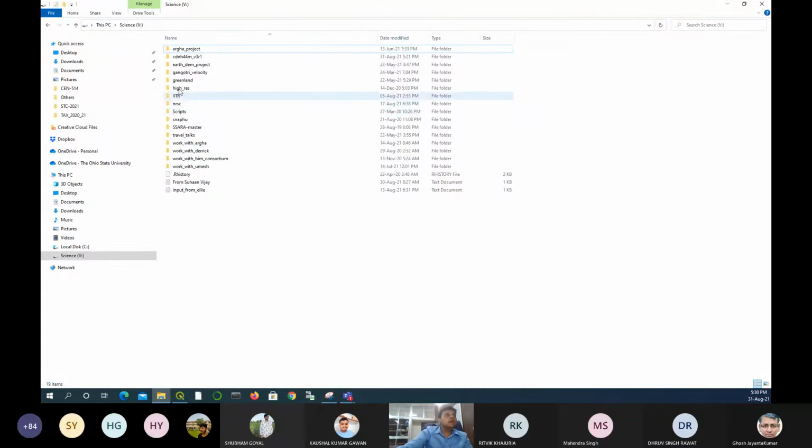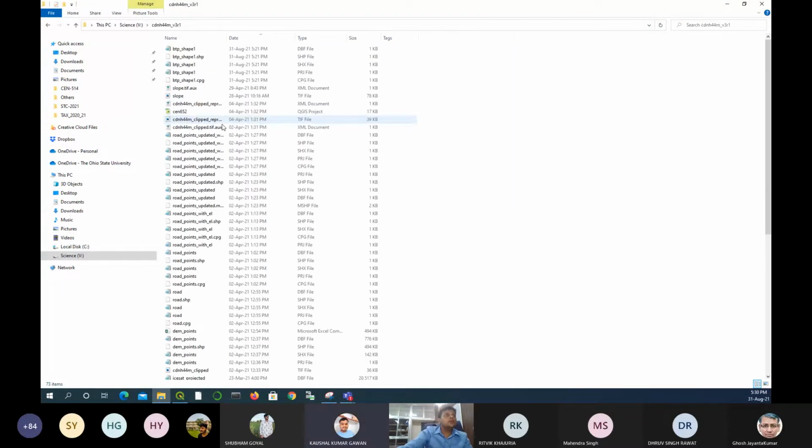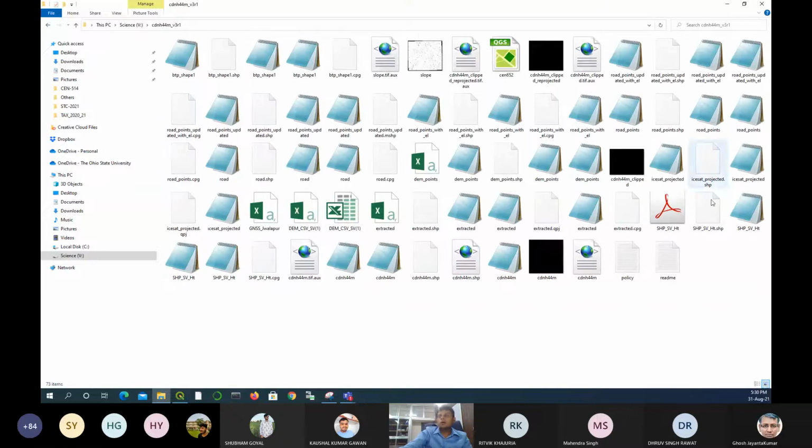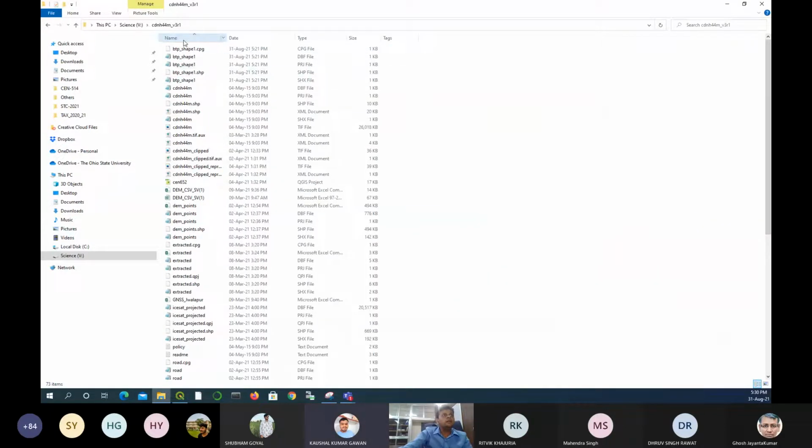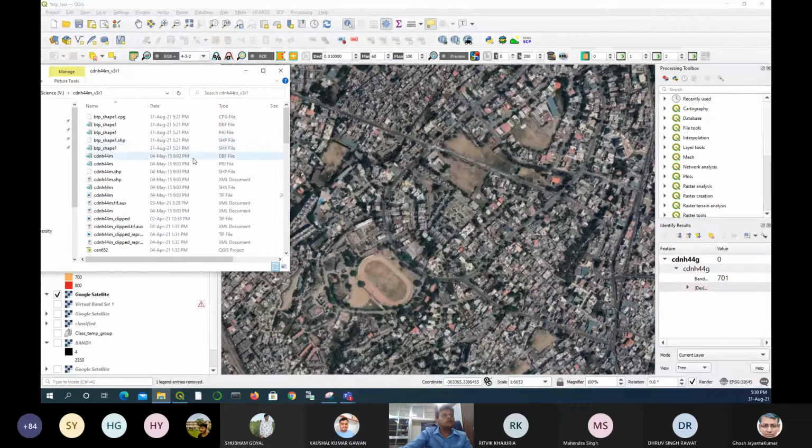So once, as we say, save the shape file. So that is shape file, right? So when I click, so as you see, I saved this vector shape file with name BTP underscore shape one. So there are 5 files created. 1, 2, 3, 4. This is the shape file that you have to work on. These are the additional supporting files.